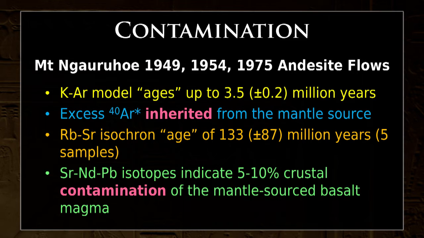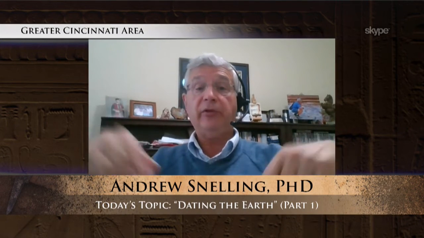We know that the type of rock that it is, as the lava came up through the Earth's crust, it got contaminated from bits of the rocks around it melting and being added to it. And so we know, it's well documented in the literature, that these assumptions not only can't be proven, they're unreasonable from everyday experience.